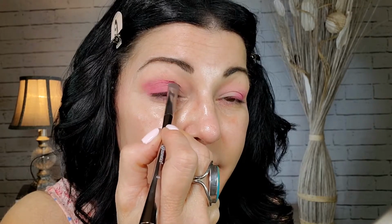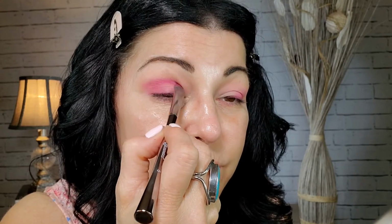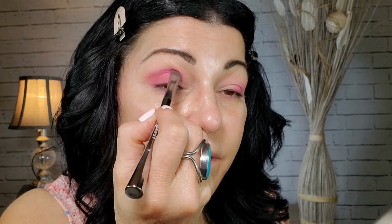I'm going to take the number 5 brush. It's more like a flat brush here, and I'm going to go into Love, and that's right here. And hopefully this shade will be okay. Like I talked about, there are certain shades that really irritate my eye, so hopefully this isn't it. And I'm just going to deepen up the center part here. So when I close my eye,